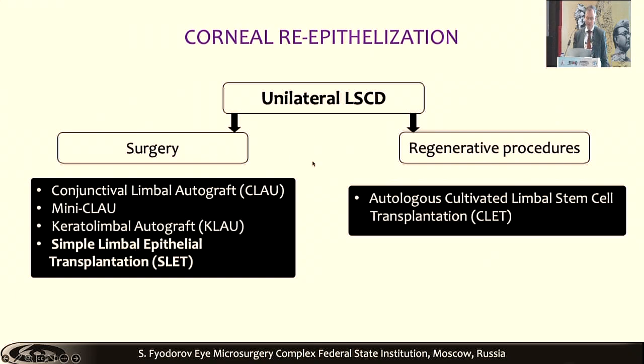So corneal revitalization techniques depend on the laterality of the lesion, and we will be talking today about unilateral limbal stem cell deficiency that can be reversed by surgery or different regenerative procedures, and there are different methods of